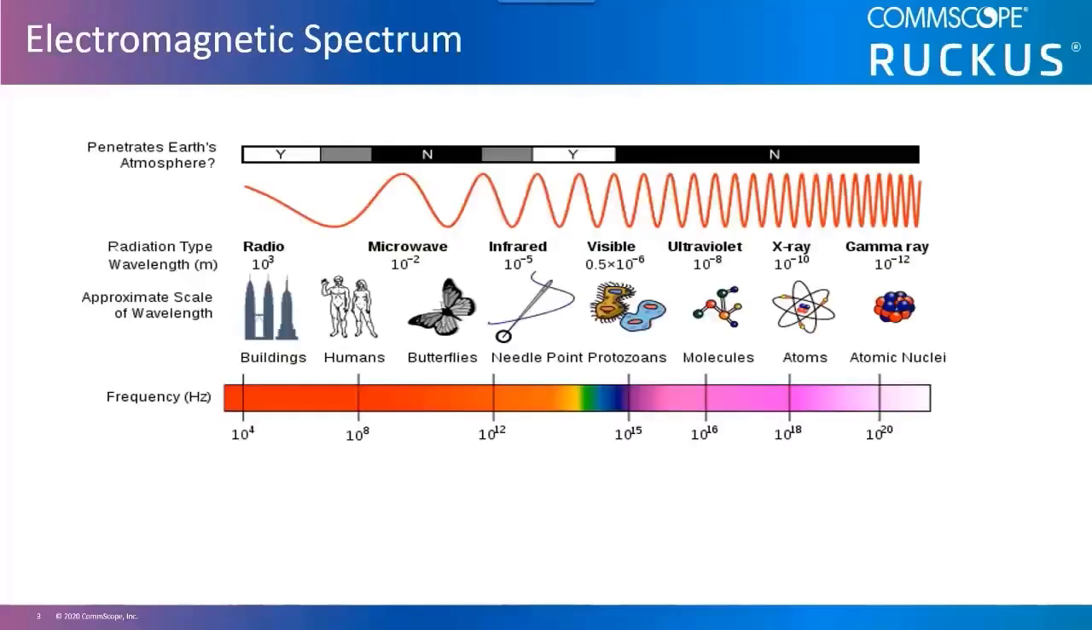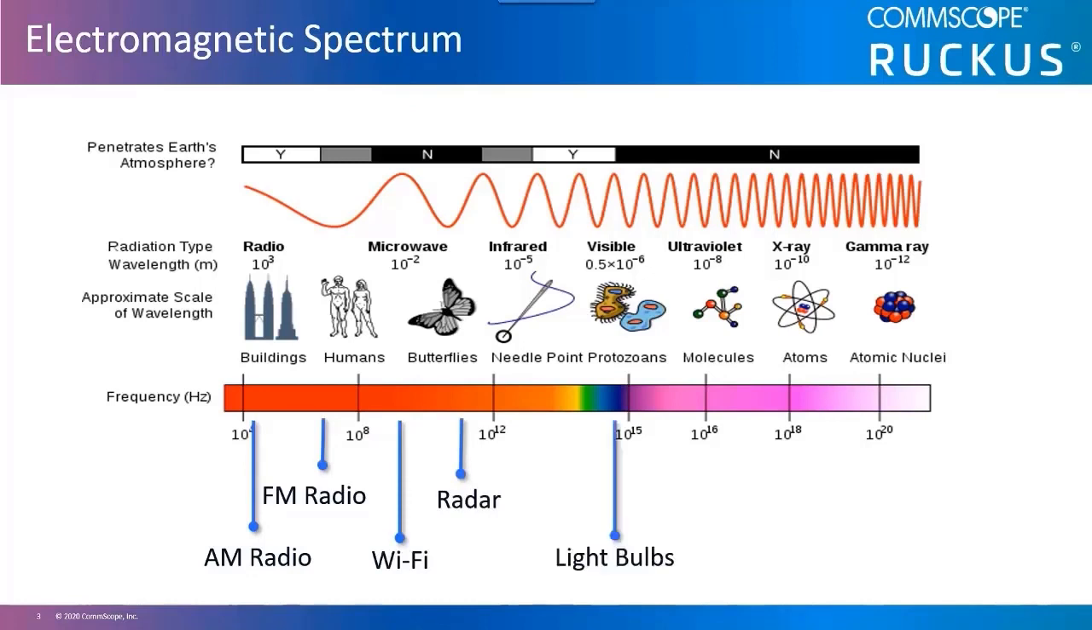You're probably familiar with several technologies which use radio frequencies. These technologies include many common things such as AM radio, FM radio, Wi-Fi, radar, and even light bulbs. The complete range of all electromagnetic radiation is called the electromagnetic spectrum, and Wi-Fi is often simply called spectrum without